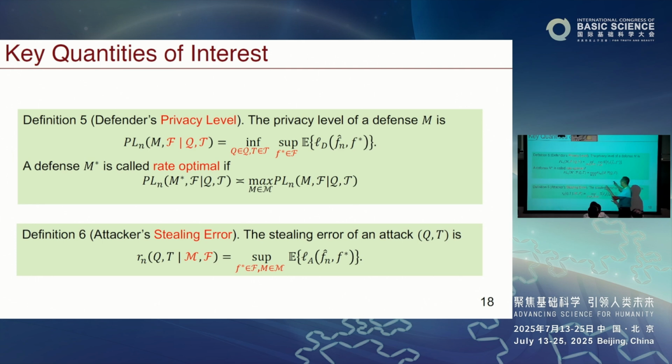So that's the concept of model privacy, the privacy level. As you can see, we want the privacy level to be as large as possible, because larger means the risk of the attacker, whatever strategy he's using, query and learning, is still large. Therefore, you have protected your model well. Any question, concern?